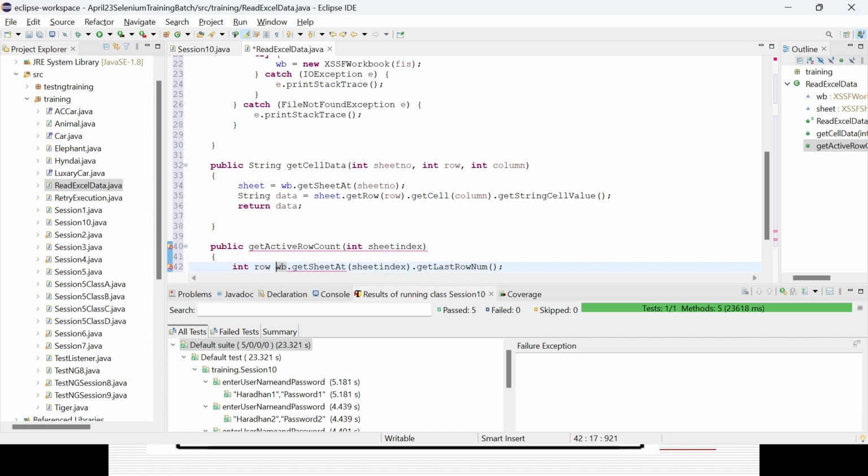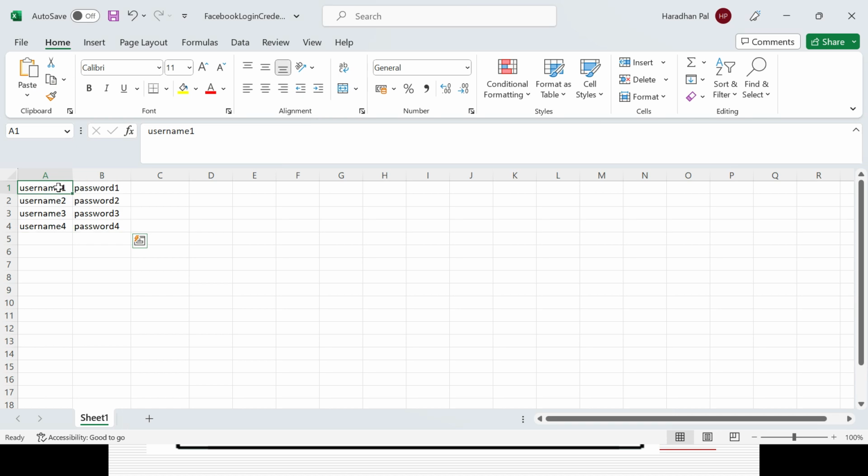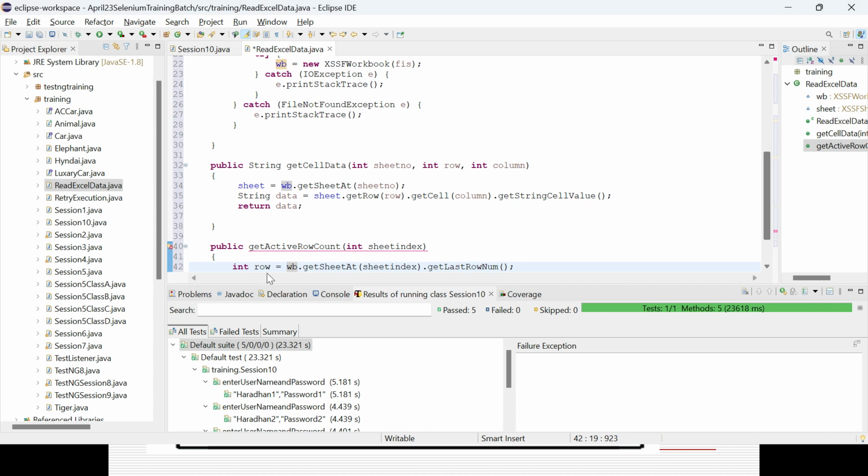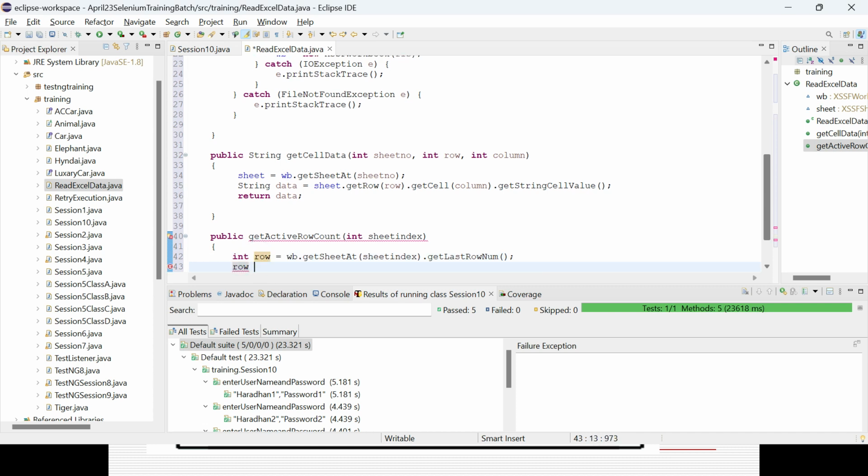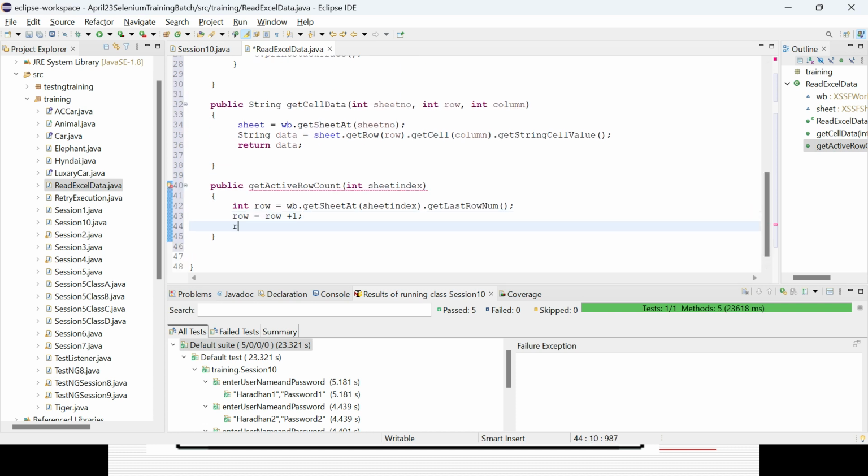So this is my row variable I am storing it. Then I already got to know from the first row, but I need to go for all the rows to see wherever last row data is available. So row will be row plus 1 again. I want to increment one by one, to understand wherever a row is available, row equal to row plus 1. That is the way I will iterate all the rows and find out what is the last row where data is available, and it will return the row